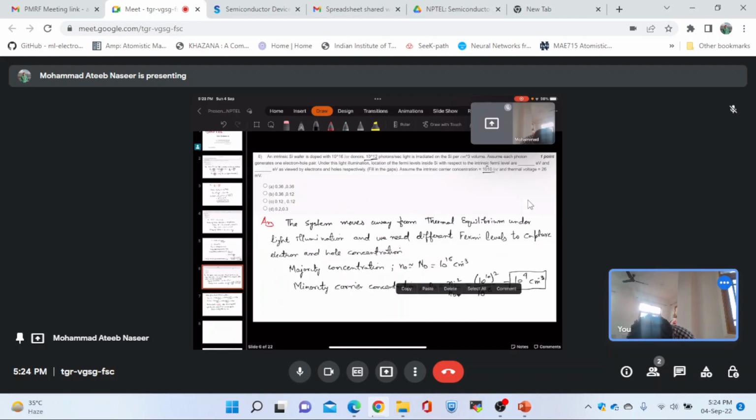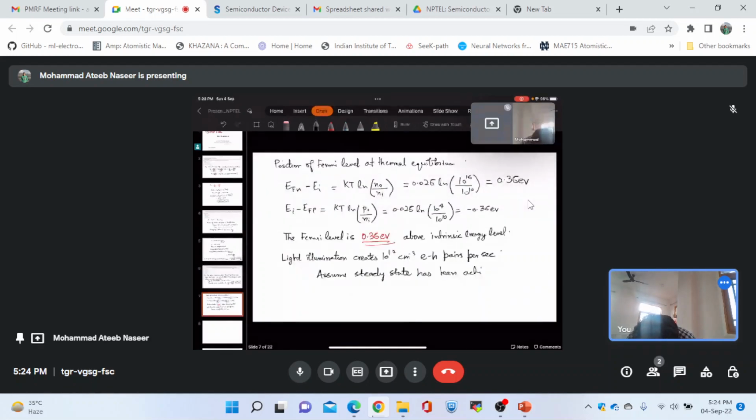It will simply mean that the excess electron and hole concentration will be equal to 10 to the power 12 per centimeter cube. Now if we check the electron concentration and the hole concentration, it will simply be